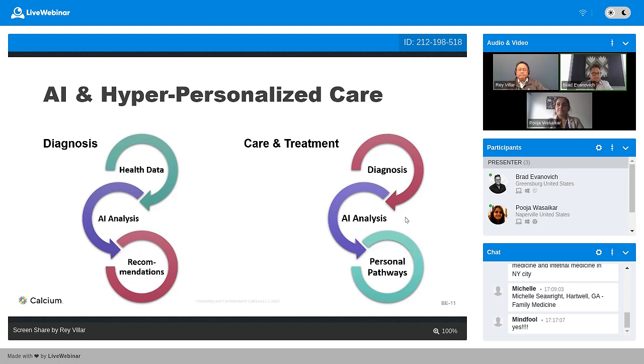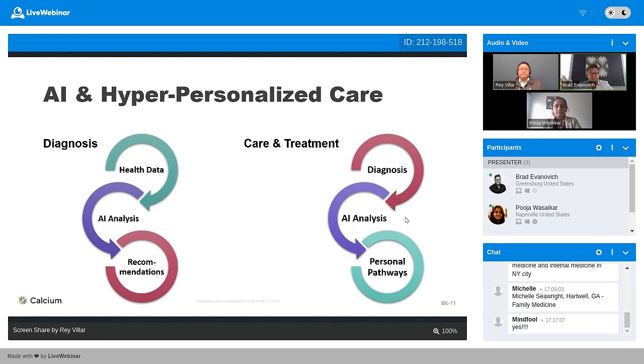Besides diagnosing and early detection, treatment planning and personalized medicine are other areas where AI can really revolutionize healthcare. Analyzing large data sets, again, of patient data, it can identify patterns that determine the effectiveness of different treatments for specific conditions.